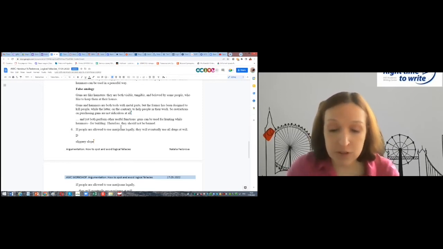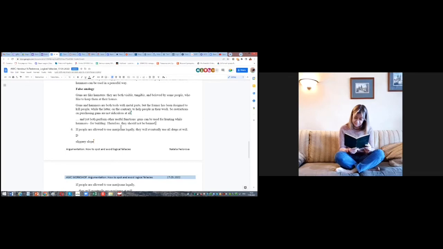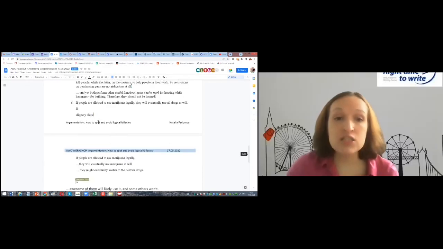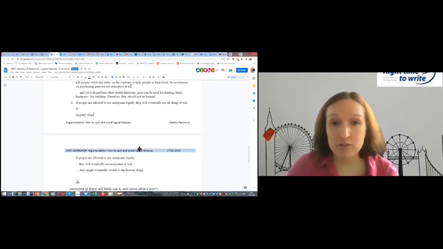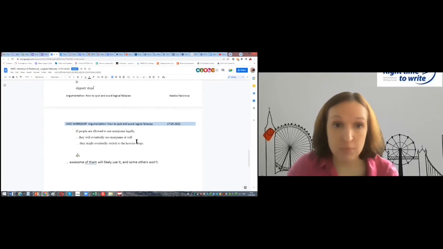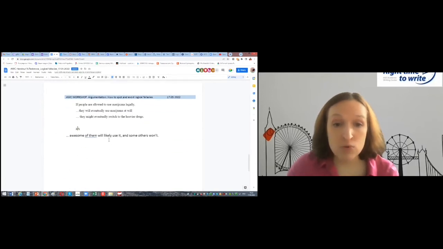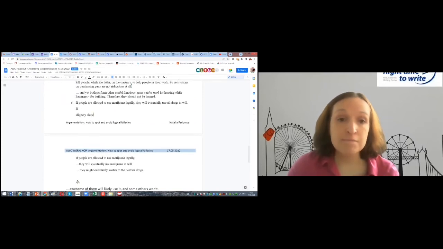The specific feature of guns, both guns and hammers that you added, how it helped you to come to the same conclusion. Okay, so this is slippery slope, that's right. They might eventually switch to the heavier drugs, but not necessarily, of course, they might. Some of them will likely use it and some others won't, exactly. So